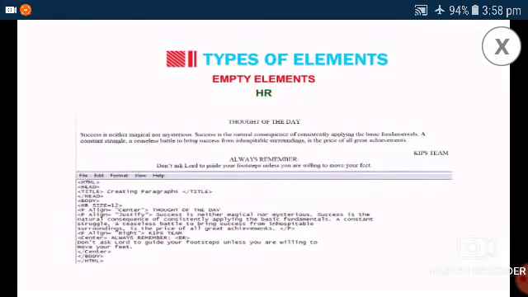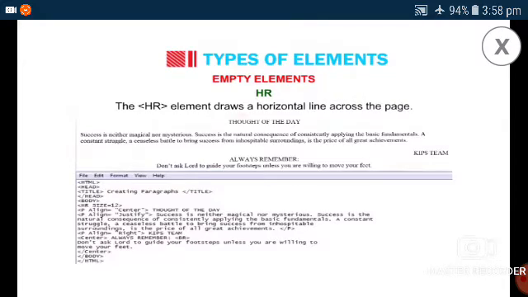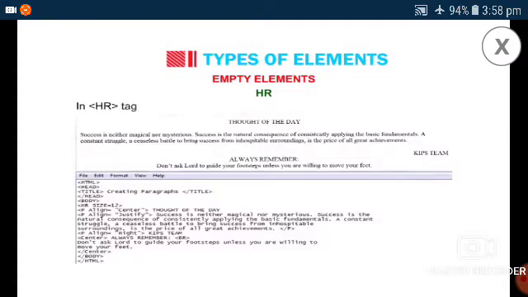The br tag, and HR means it is used as a separator between the blocks. The HR element draws a horizontal line across the page. HR means horizontal line. See, these are all the programs. Next, in the HR tag, type size equal to quotations.